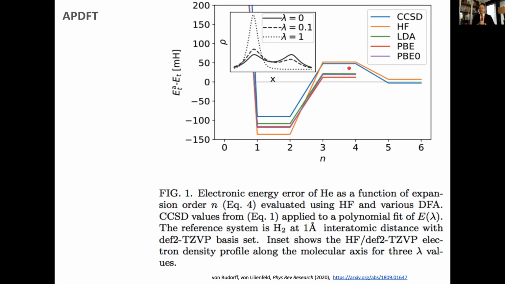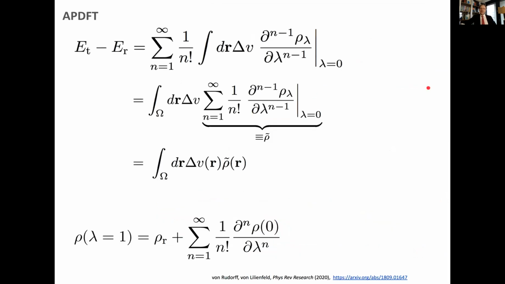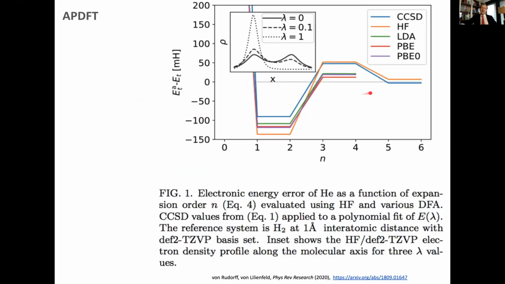And we use now not DFT anymore, but coupled cluster single double as a reference, but we also compare to DFT and Hartree-Fock to see how the convergence behaves as a function of your density functional approximation. The most trustworthy number is this coupled cluster single double. And you can see now that using this formula, right, for your energy of helium, as you go to 5th order, you are, in terms of milli-Hartree here, practically exact. Right? What you also see is